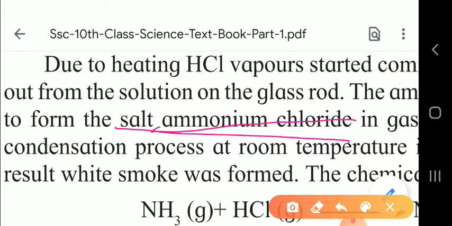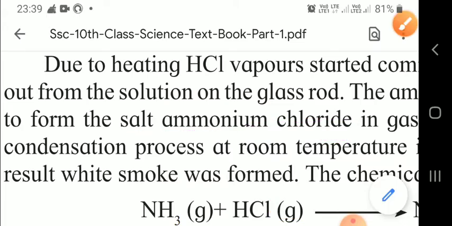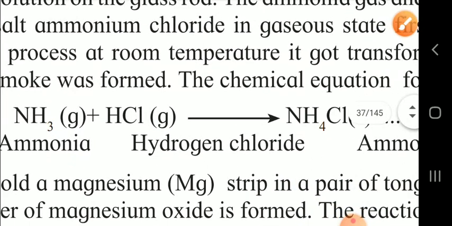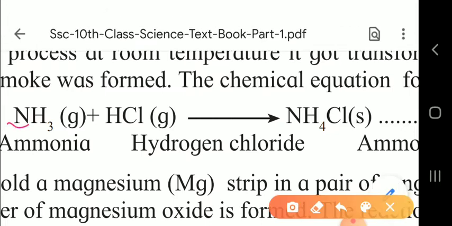We'll see the chemical equation, how it occurs. Children, you can see here that NH3 is ammonia gas, in the gaseous form. Then HCl, hydrochloric acid fumes; sometimes if you open pure hydrochloric acid, you can see the fumes coming out. Then it will form NH4Cl, that is ammonium chloride, in the solid form. This is the reaction. Now we'll see activity 2.